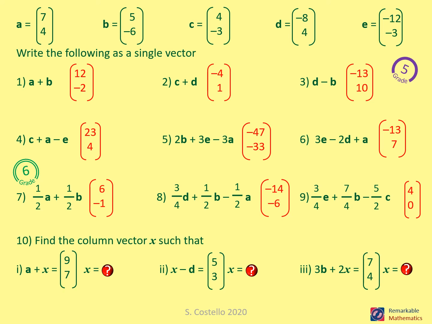Hopefully you've had a bit of time thinking about this. It shouldn't have been too difficult. So x is (2, 3). Part 2, x is (-3, 7). For question 3, x is (-4,